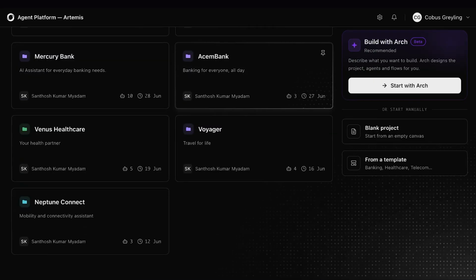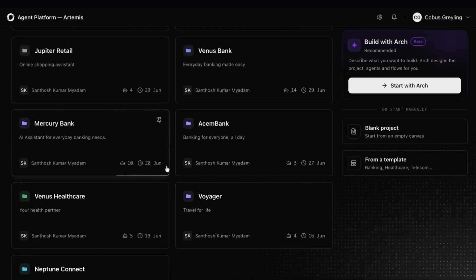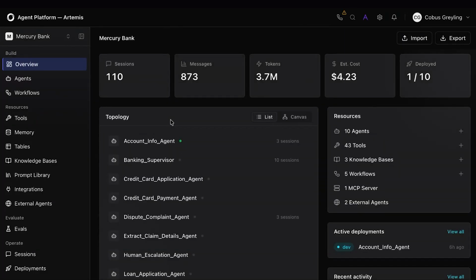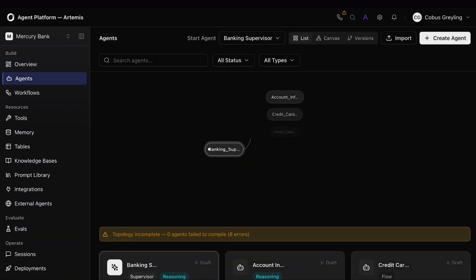And as I mentioned previously, the technology churn is quite severe, but that's being handled under the hood. The technology churn is really handled under the hood, and the latest and the greatest in terms of build primitives are surfaced within Artemis. So if I go to this demo application called Mercury Bank and I open that application, immediately you will see that on the left here are quite a few well-known agent primitives, right? So you have agents. Different agents exist within this environment.